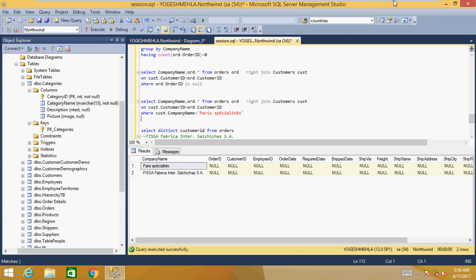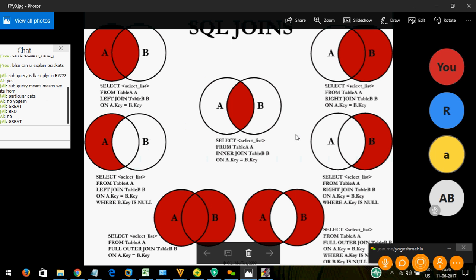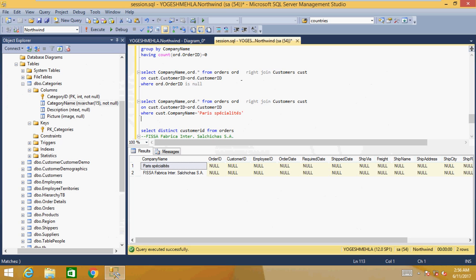Yogesh? Yeah, tell me. Yeah, actually I have a question. If we have C as well in SQL joins, then how will we do it? See, with this where, if we have three or four or five tables. Okay, now